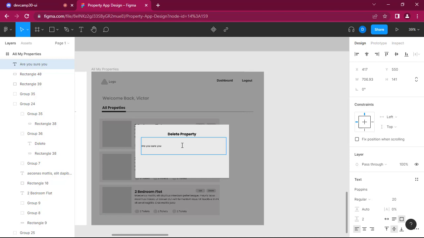Edit this to all property. I can name it property gallery. Okay,